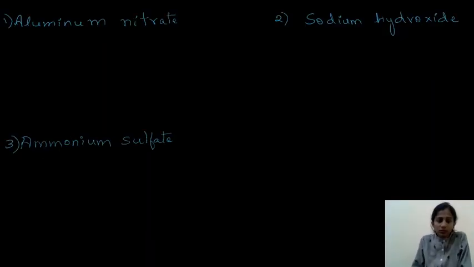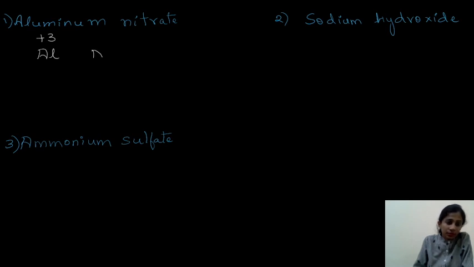Let's discuss some of the examples taking the oxyanions. So example 1 is aluminium nitrate. As you know, the first element is always a cation, second element is an anion. Aluminium belongs to group 13 and it will have a charge. The step 1 is to write the symbol along with the charge. So Al with +3. Nitrate will be having a charge, NO3 and